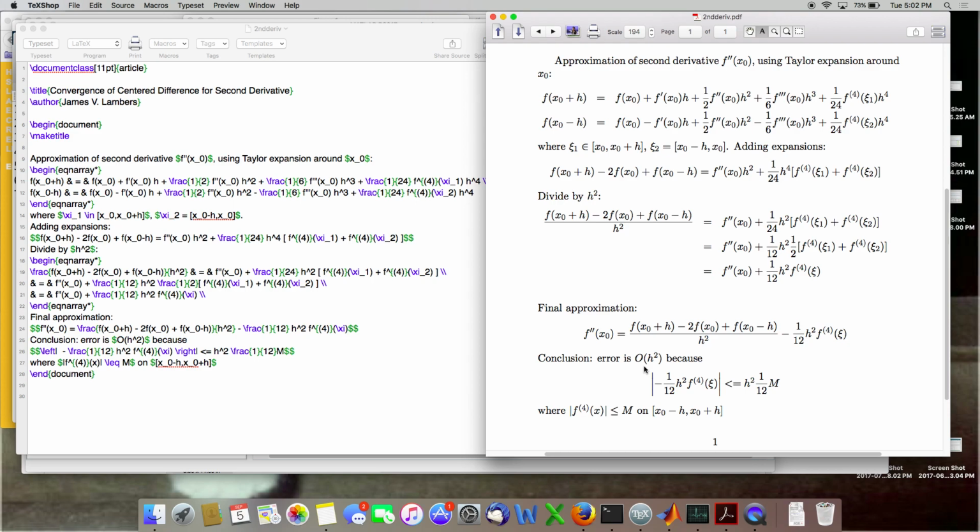So what does that mean? That means that as you decrease h by a factor of 10, let's say, then the error will decrease by a factor of 10 squared, or 100. So we like to have higher powers of h in our error formulas, where h is going to 0. That means faster convergence. So we're always trying to develop methods that will converge to our exact values more rapidly. We're going to see this with derivatives and integrals later on. When we are trying to find roots of equations, we go to great lengths to try to speed up convergence of our approximate values to the exact values.